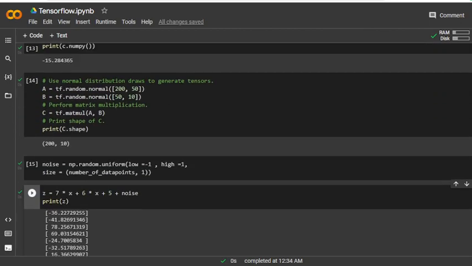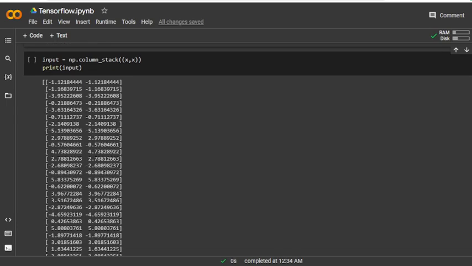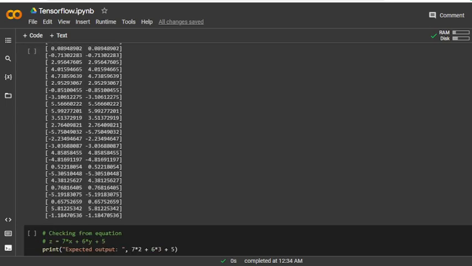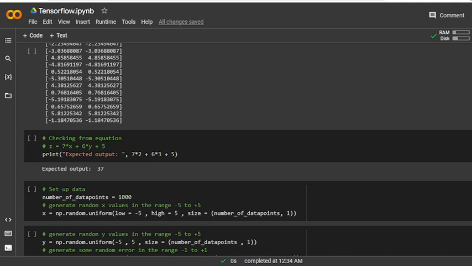And similarly, you can take x times x, which means x squared, so np.column_stack, this will be very big. And now checking from my equation, z will equal 7 times x, and another is y star y, plus 5. So let's print the expected output, and if you are taking x times 2, we can see here 14,